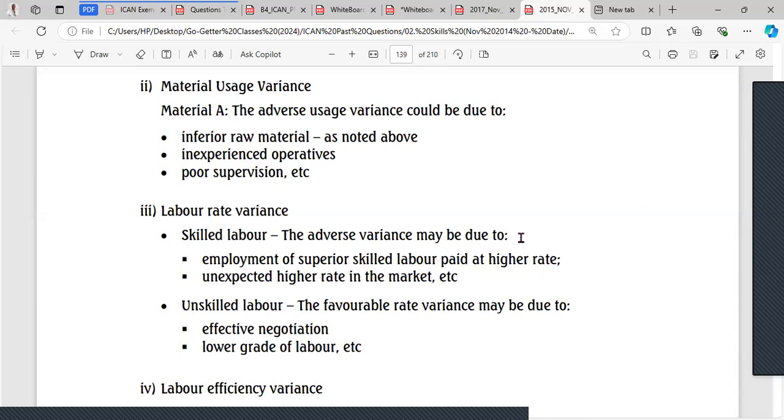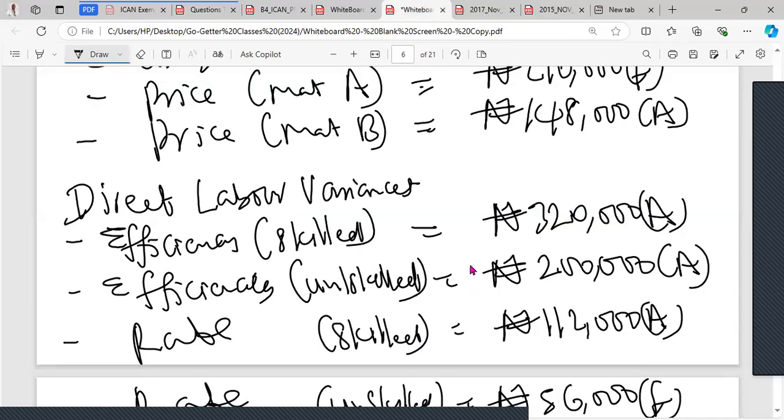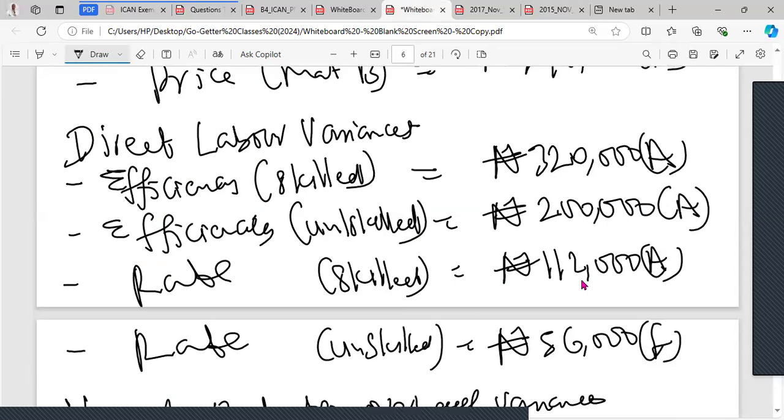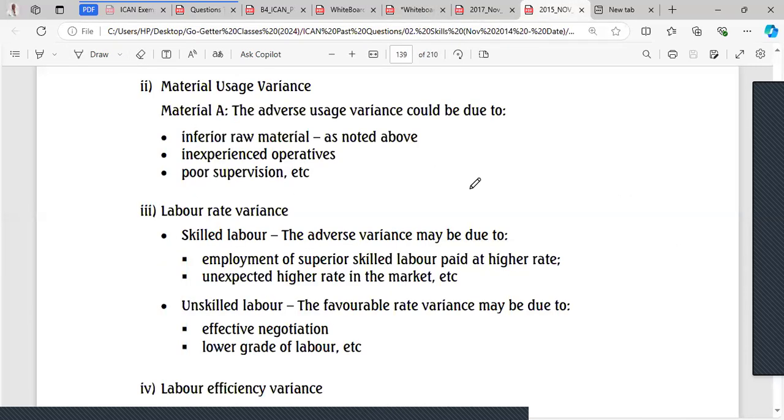Then the unskilled labor, we got a favorable rate variance. Could it be, yes, negotiation, fine? Or is it that they went for a lower grade and they paid them lower than what they agreed? So this is what they budgeted for unskilled laborers, and they went to pay them lower than what they agreed. So it means that they went for cheaper labor so that they will save money, and this could have cost them